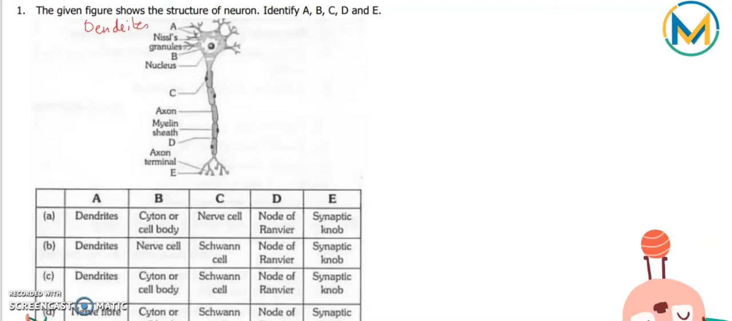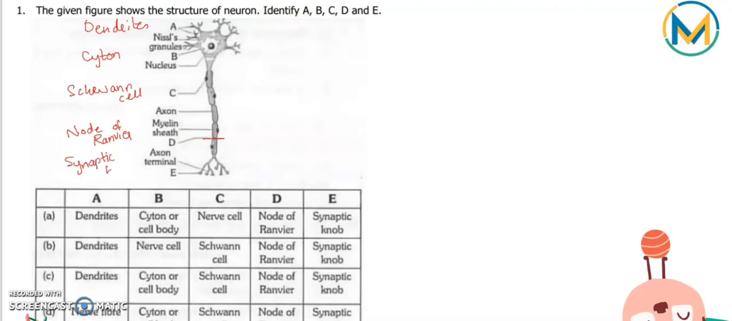This B is a cyton, or you can also call this as a cell body. Now this part C is a Schwann cell. It's a very special type of cell. This D is the central part or the joining of the Schwann cell called as node of Ranvier. Then this E is called as